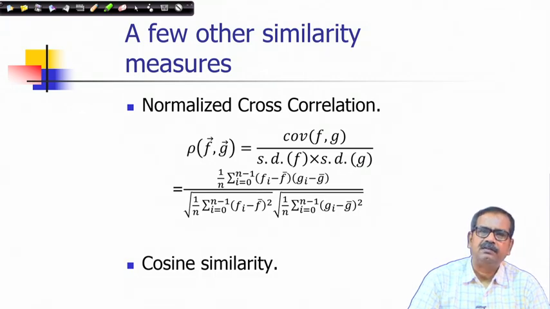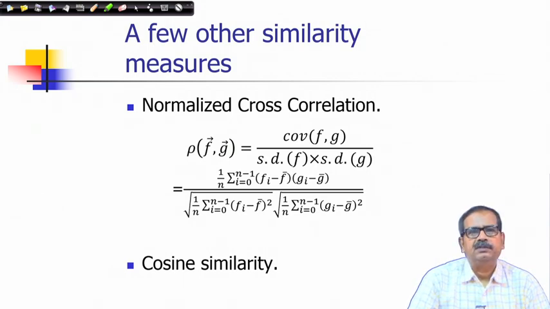They have been expanded also in my definitions, and as I mentioned, here we are considering the variability of components, the values of components across the vectors, and we are comparing those variabilities with respect to two different vectors. If they are very similar, this cross correlation value should be high. Actually, it ranges from -1 to 1. So, if they are highly similar, then it should be close to 1.